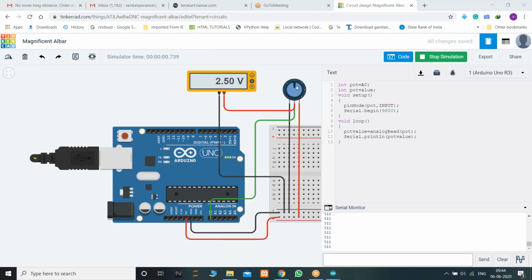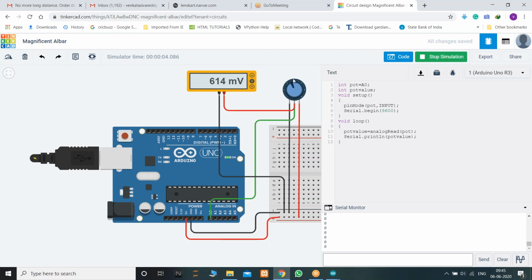See here, our potentiometer is generating 2.5 volts, which in Arduino programming gives a value of 512. So I'm reducing the voltage to 0 volts, and the analog value it reads is 0.